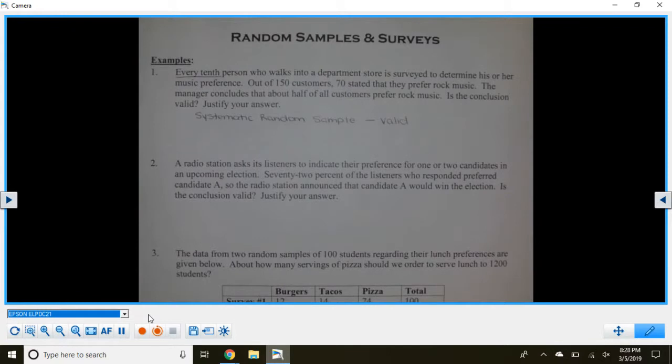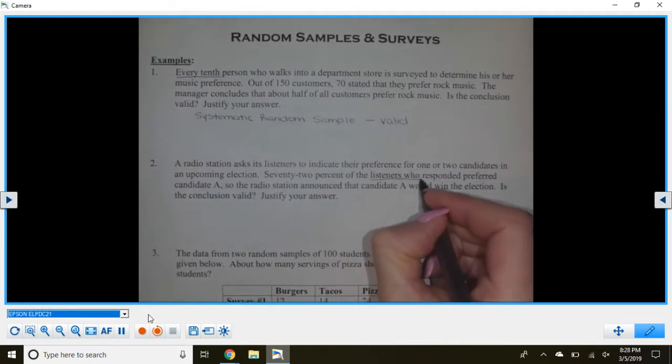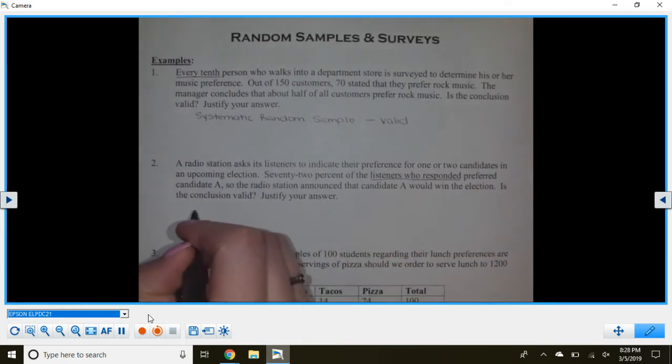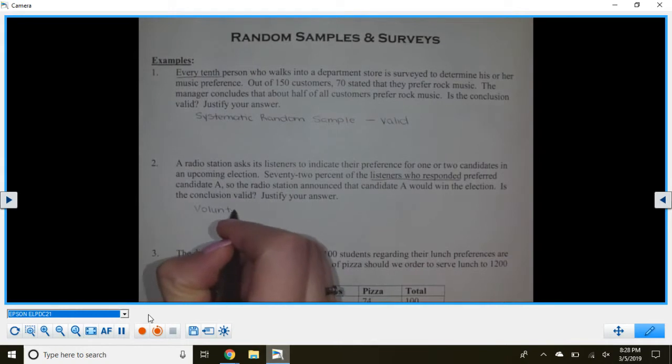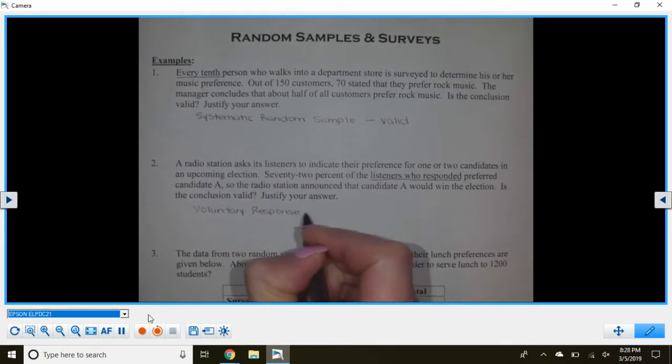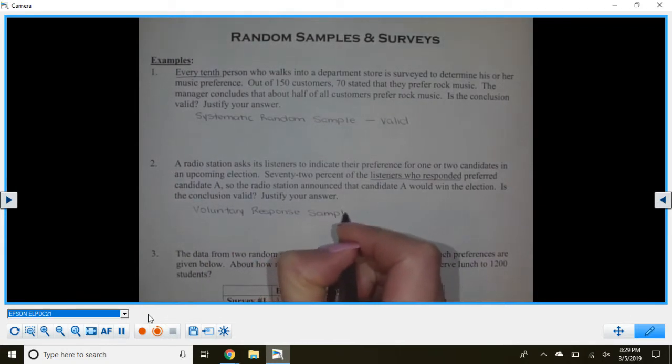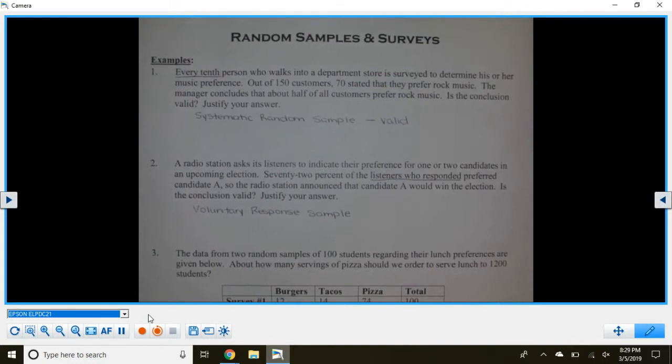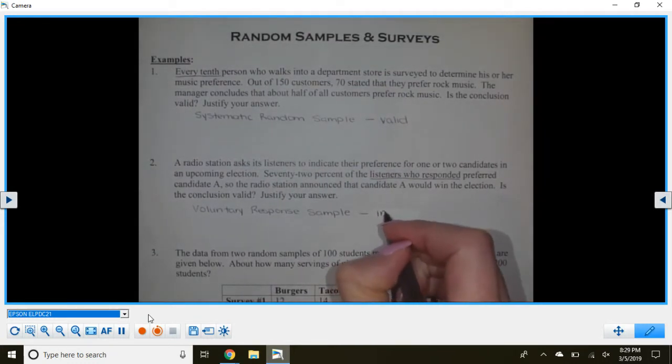Example number 2. A radio station asks its listeners to indicate their preference for one of two candidates in an upcoming election. 72% of the listeners who responded preferred candidate A, so the radio station announced that candidate A would win the election. Is the conclusion valid? Justify your answer. So the key here is the listeners who responded. This is considered a voluntary response sample. Because only the people who wanted to respond did. So it's an invalid